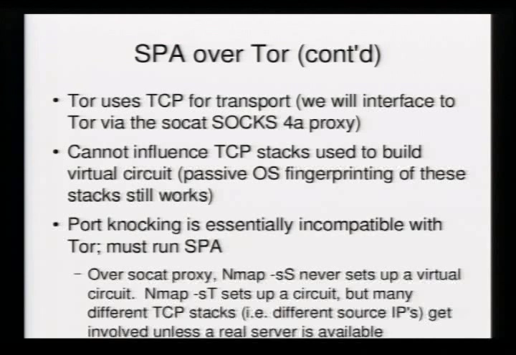to send a scan over the Tor network, what do you get? Well, if you're running as root, the default Nmap scanning method is a SYN scan or a half-open scan. And if you try to send that over a socat proxy that is interfaced with Tor, you will notice that a SYN scan by itself never actually gets a virtual circuit set up through Tor at all. The virtual circuit is only established after the connection to the entry point router goes into the established state. You can get a virtual circuit to be set up if you use the normal TCP connect method, or -sT,